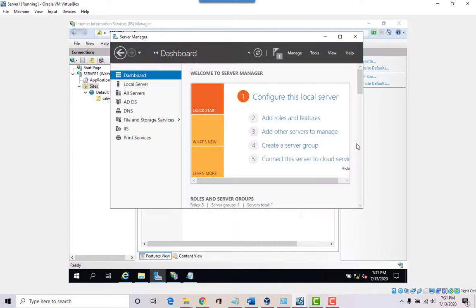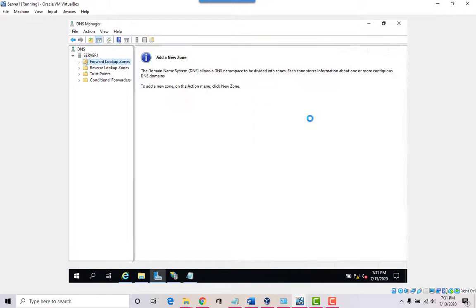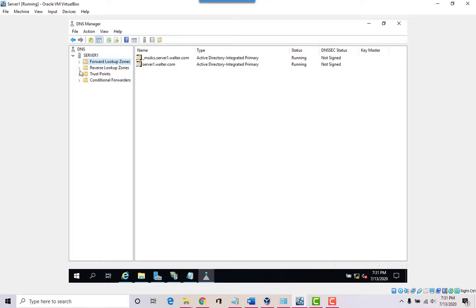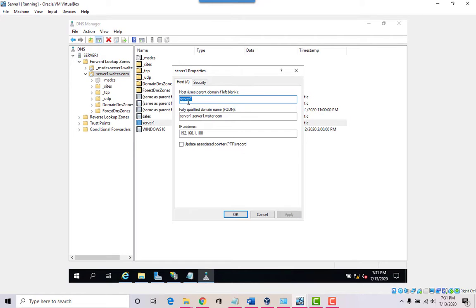Do you remember our DNS server and how we created it. If you went to tools, right, and we went to DNS here, we created that forward lookup for server 1. Let's see, we created this one, right, server 1. Let's copy that and let's see where that takes us.